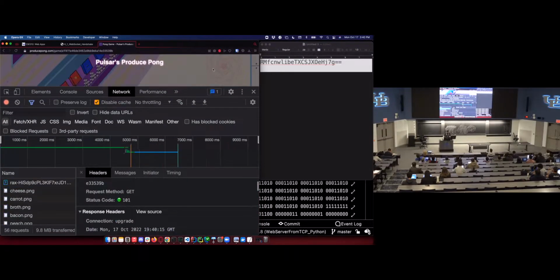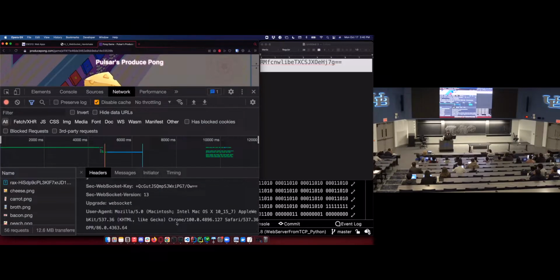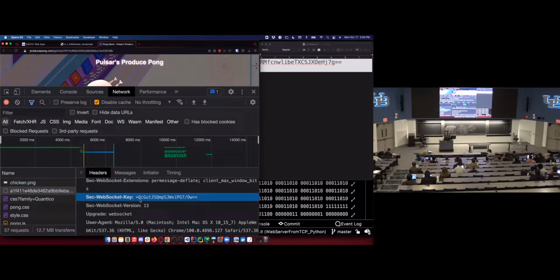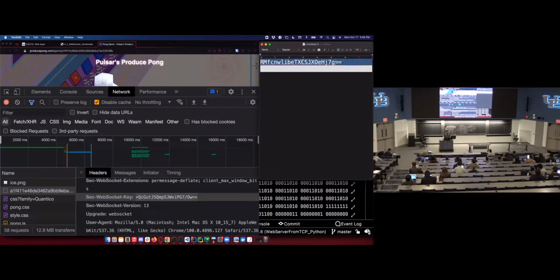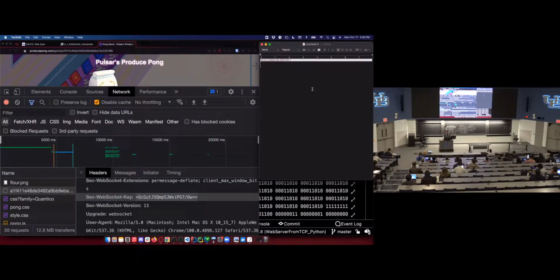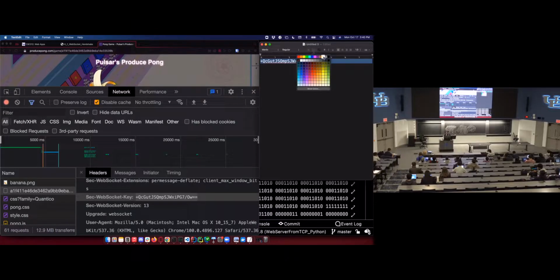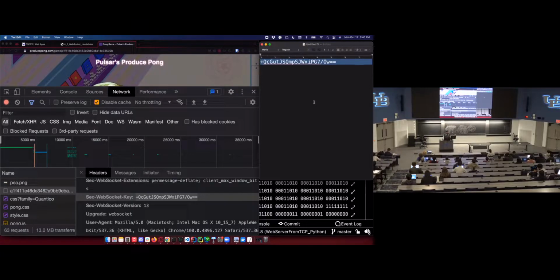All right, so I'm going to go to my requests. We can do this, we got time. The key is going to be different because this is a new connection, so my old key is no good anymore. Let me increase the size of this. Let me get rid of the formatting there.